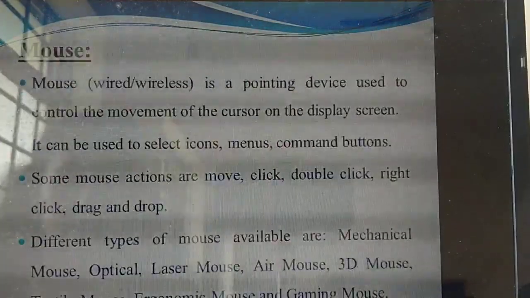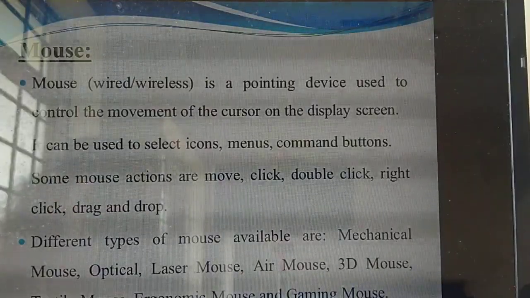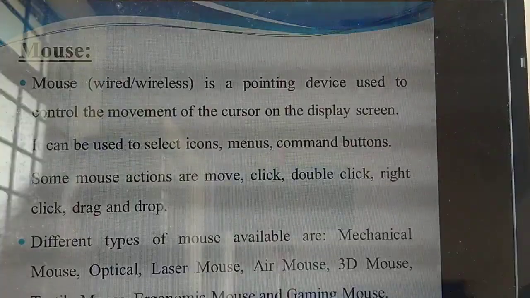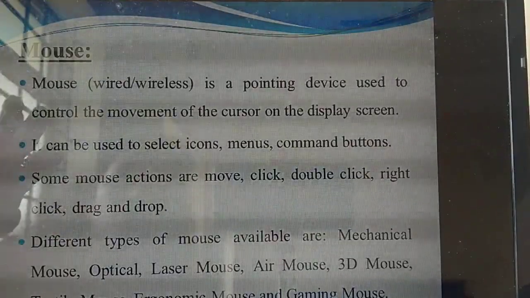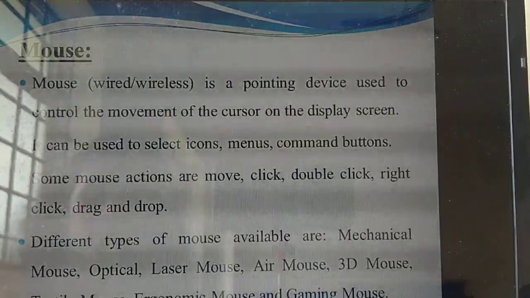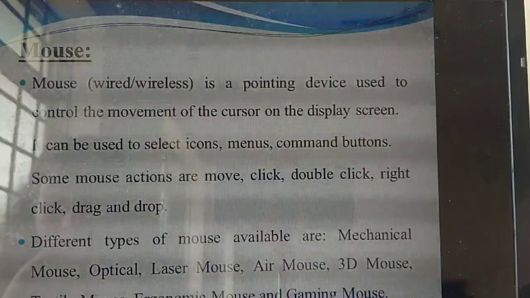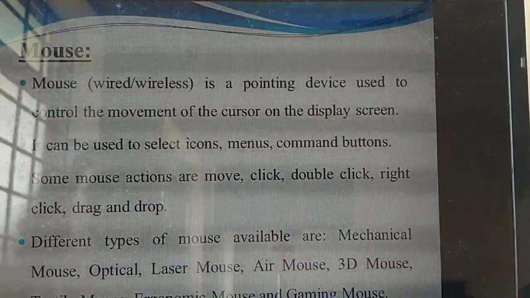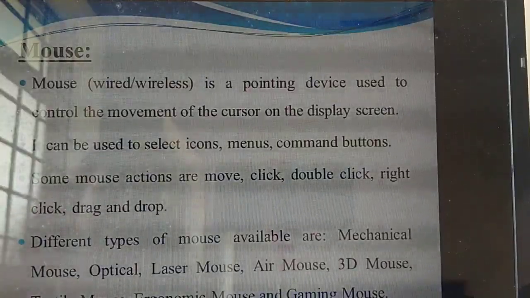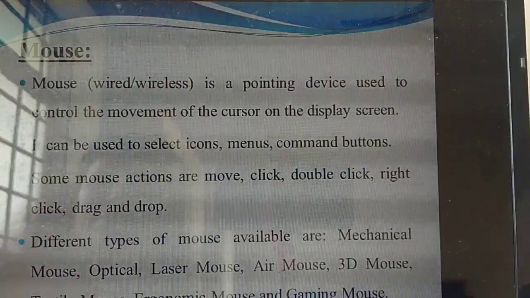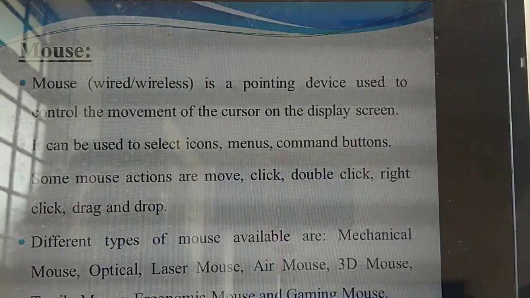Understand? Yes. Next input device is the mouse. Sometimes they will also ask you to differentiate between keyboard and mouse. You need to differentiate and write. These are things not present in your textbook, so please listen. What's the first point you write? Keyboard is wired as well as wireless. Mouse is also both: wired mouse is there, wireless mouse is also there. Mouse is the pointing device. Pointing device means, for example, if you are clicking something on a screen, you will see a cursor there, isn't it? So that is the pointing device. What's the use of this one?